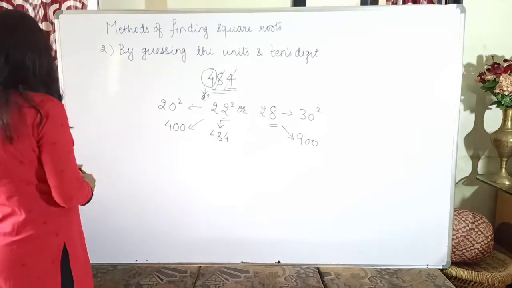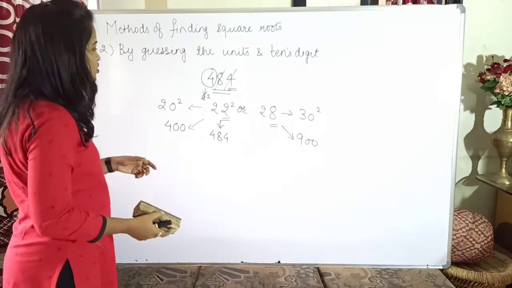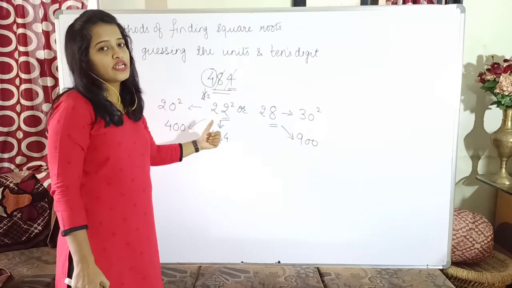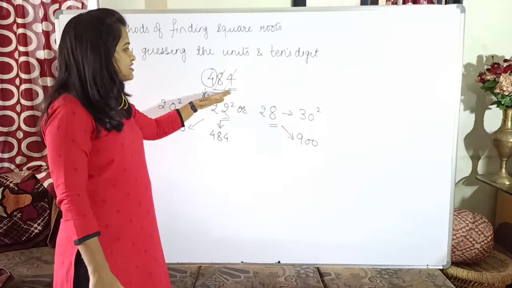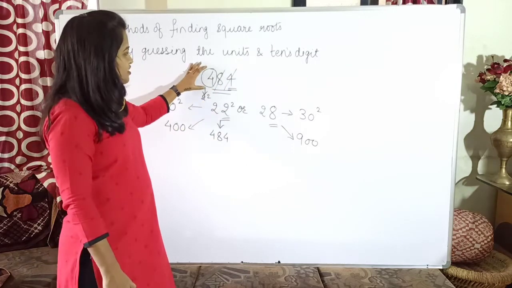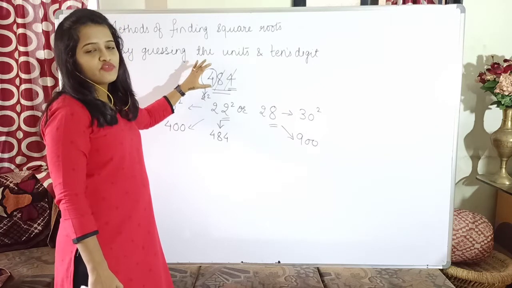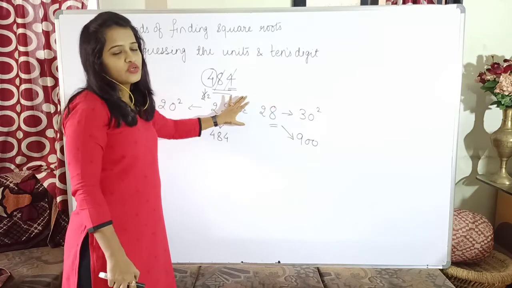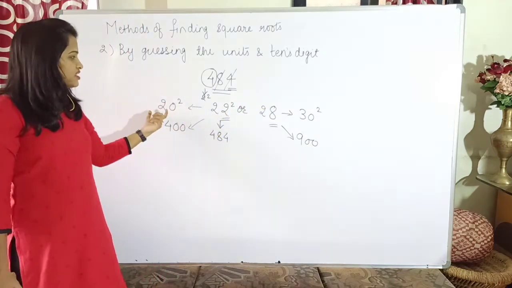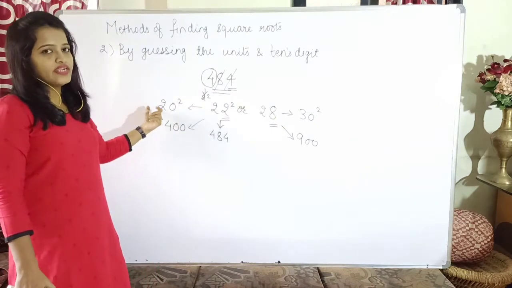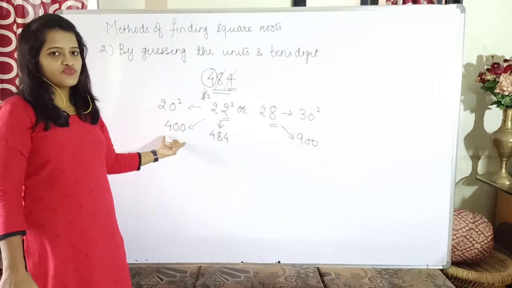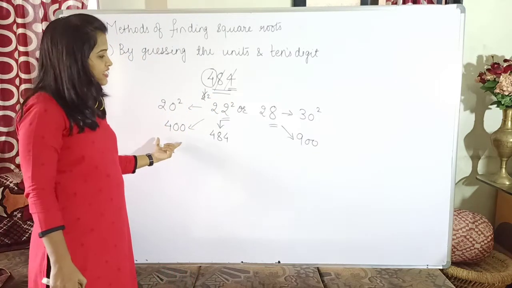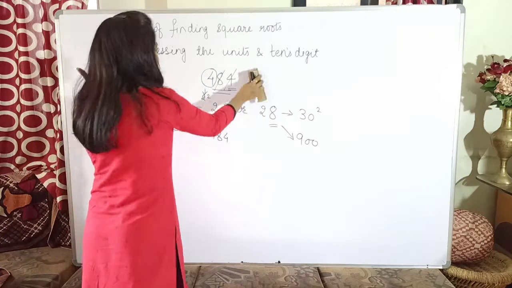Now let us take one more example. From one example maybe you will not understand. So what we have done: first of all you check the last digit. From that you will know what can be the digit at the units place. Then you cancel out the units and tens place digits. Now whatever number is present, whose square it is, you take the nearer square, and then you will get two values. Out of those two values, you consider the ends, that is 20 and 30. Since 20 squared is 400 and 30 squared is 900, 484 is nearer to 400, and hence it will be the square of 22.